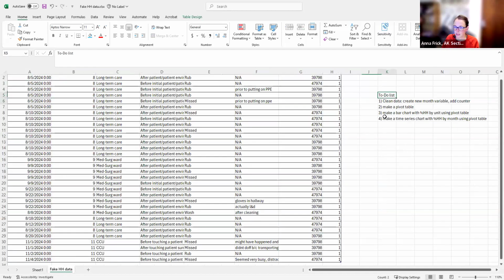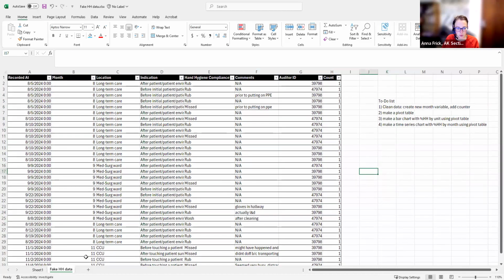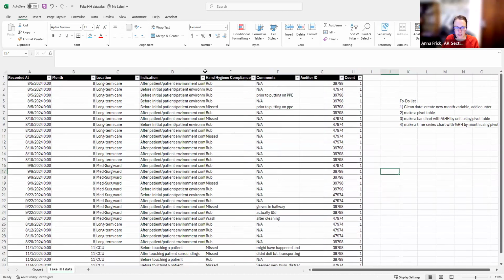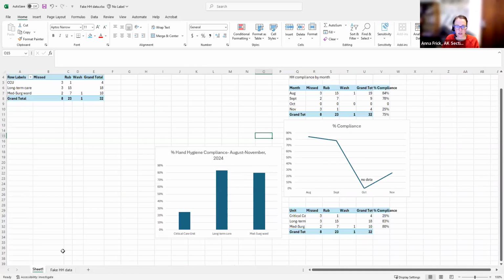I did all the things that I had expected to do on my list today, so I don't have anything else super specifically planned. If I were exploring these data more, I could look through some of the other things that I collected information on. Like I have indications here. I could make charts by indications. Maybe that's a good one for us to do actually.